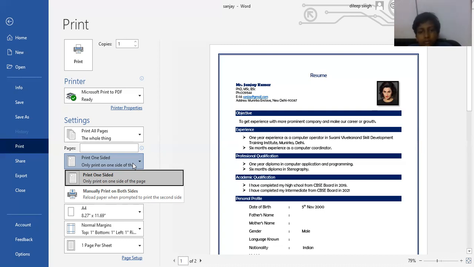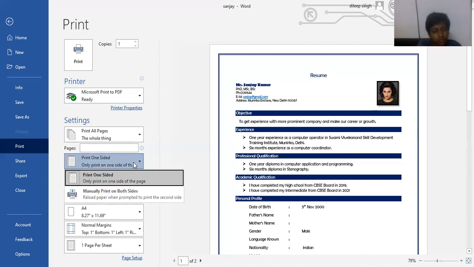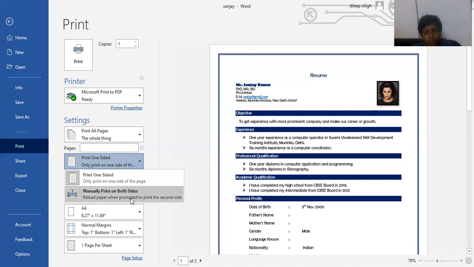When we have a printer for both sides and go for the two-sided printout, it will reverse the page and continuously give the printout on the back of your page. So this is the option by which you select one-sided or both-sided. Here we can use both-sided or single-sided.